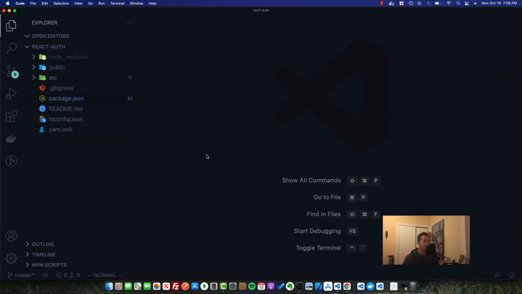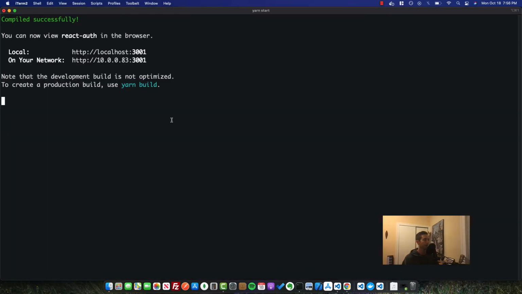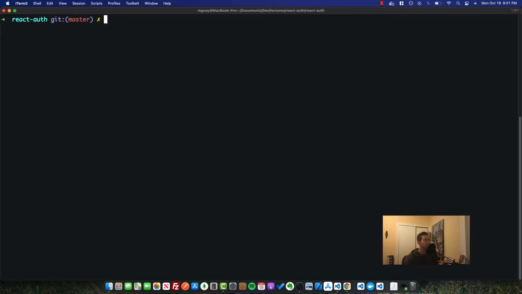So in order to store application state in our React app, that is to maintain an access token and to allow our requests to be authenticated over the lifetime of our app, we're going to need some sort of state management. And I'm going to use MobX for that because it's a great, small, lightweight library that allows us to maintain state in our application in a very flexible way. I'm going to add MobX. So if we type yarn add mobx, make sure we also add mobx-react-lite,